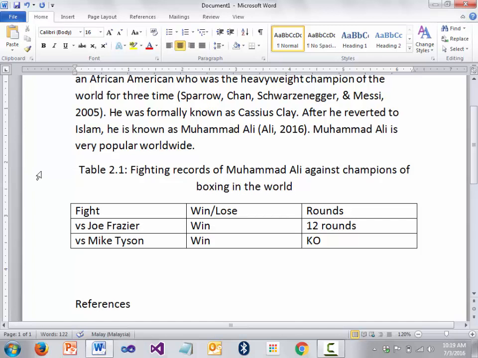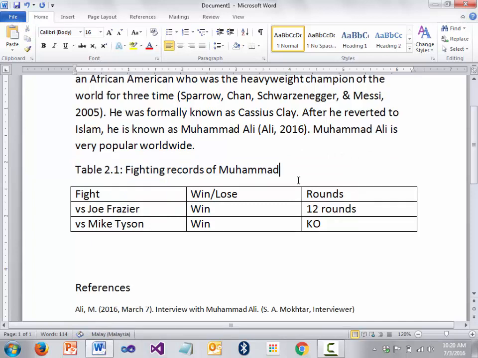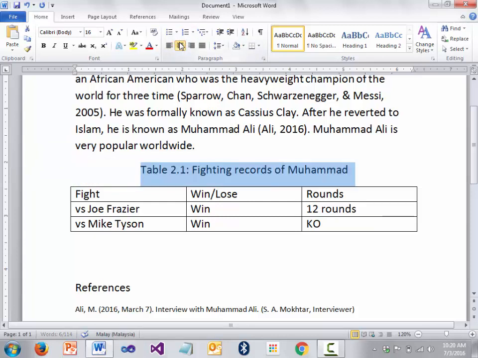So if this is more than 1 line, you should left indent. Similar to a figure, if the caption is 2 lines, it becomes left indent. But if it is just 1 line of caption, it should be centered. More than 1 line, it should be left indent.